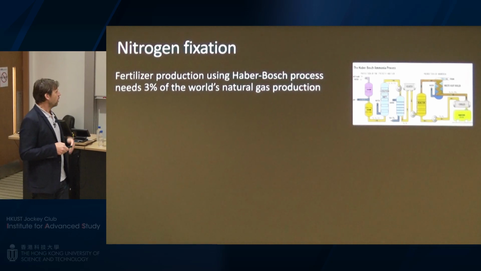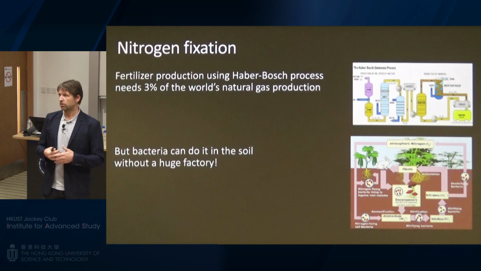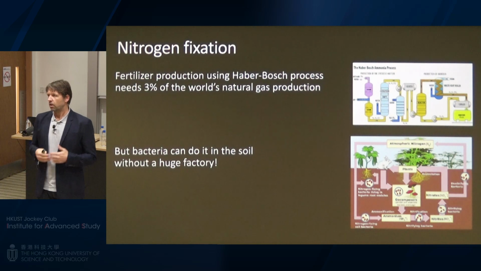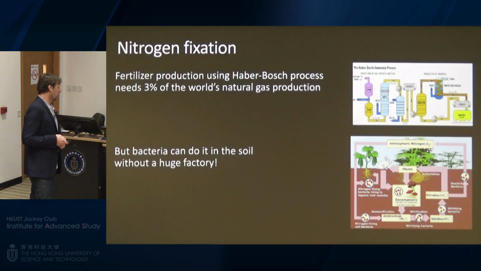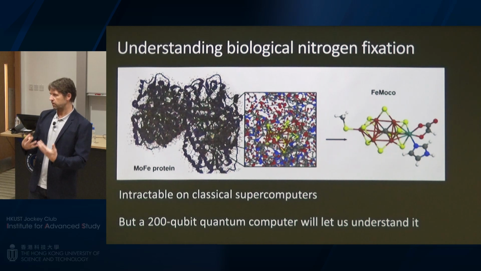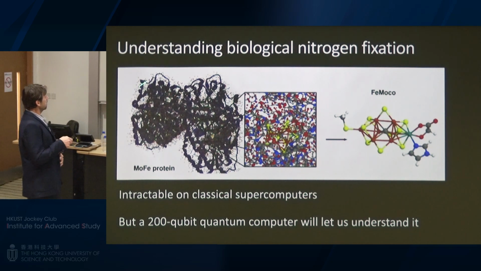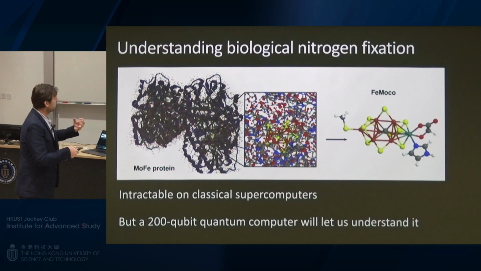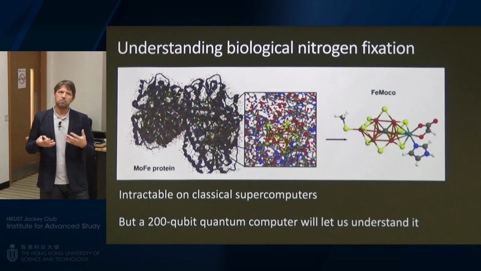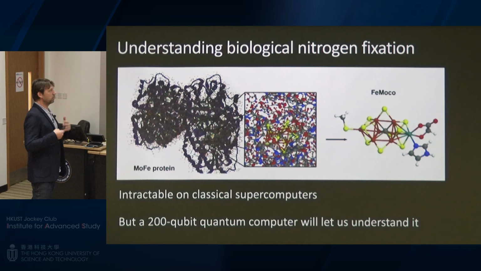Very costly. We know at the same time that in the soil, bacteria and enzymes can do it under normal circumstances. Normal temperatures, no high pressures. They somehow found the trick to catalyze this reaction. We don't know how these bacteria are doing it. To go forward, my colleagues at Microsoft have analyzed this problem as an example problem. What kind of quantum computer do we actually need in order to solve this fertilizer problem? And this bacteria can be sort of decomposed in smaller objects, and the key element is this molecule. Back to this iron molybdenum complex molecule, which is the key molecule that makes this nitrogen fixation reaction. Somehow these bacteria know how to deal with this chemistry. We don't, but